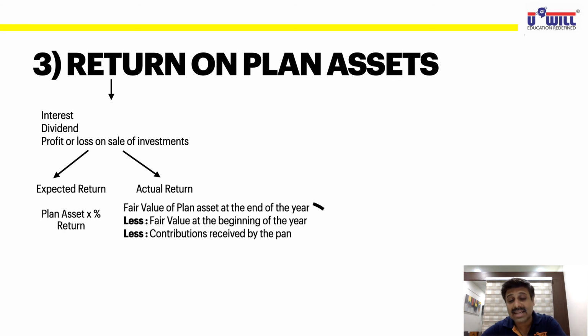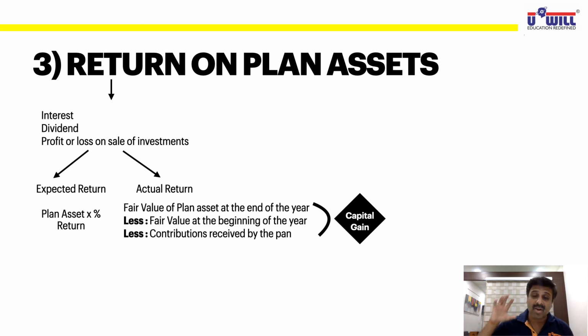Means, can I say that 20,000 of capital gain you have earned? The value of your investments in the stock market has increased by 20,000 rupees. I repeat, in the beginning of the year, you invested 1,50,000. During the year, you invested 30,000. So 1,80,000 are your investments during the year. But the value of those investments at the year end is 2 lakhs, means 20,000 of capital gain you have earned. Is that a return on your investment or not?